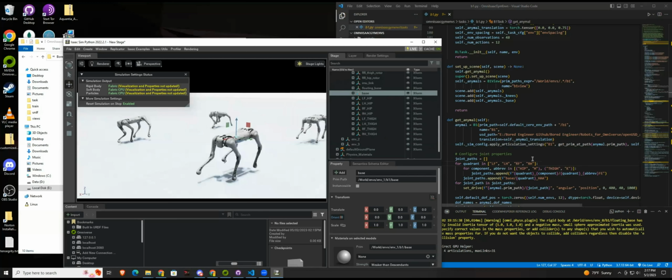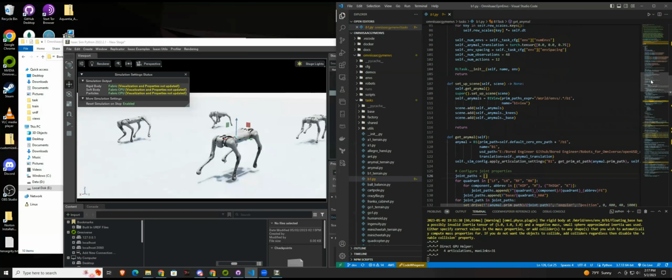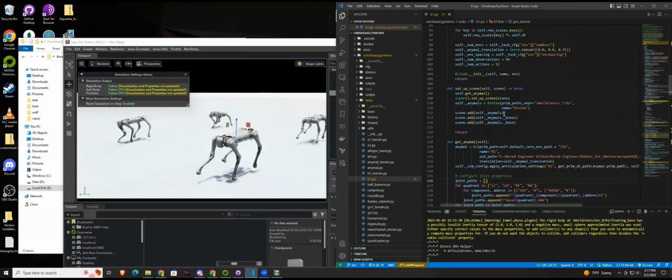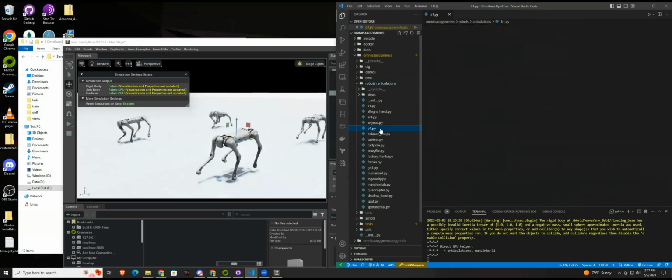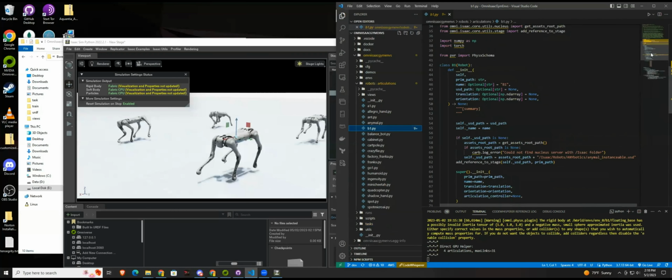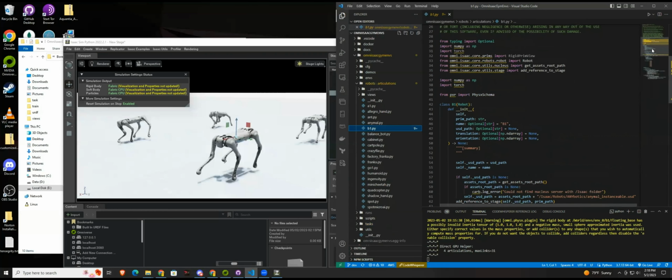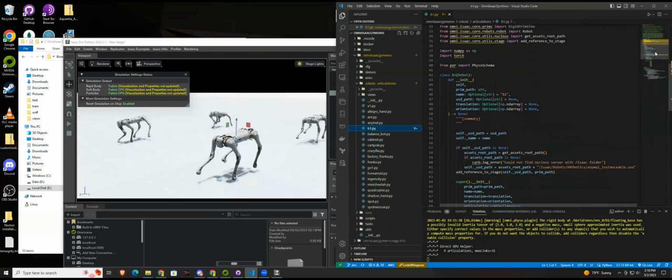Right. All right, so this is what getting Anymal is doing. It's just getting Anymal, getting the joints, getting everything set up. Views is doing something also really cool. I go here, robots. This is where you get the robot to be set up. Let's say B1. Okay, so as you can see, it is instantiated from the class robots, which already has a lot of things to get the joints into